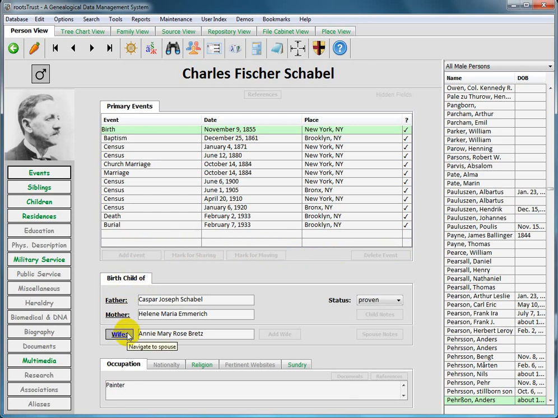Buttons, sleepy or otherwise, are intended to be short in length, but sometimes a button's label is too curt to unambiguously reveal the button's functionality. So many of rootsTrust's buttons have tooltip text associated with them. Hold the mouse cursor over the button and a small text box will be displayed that contains a brief description of the button's functionality. If you still need more clarification, click the Help button,